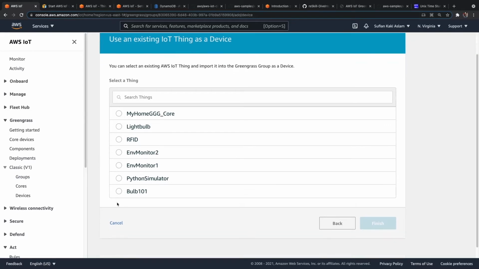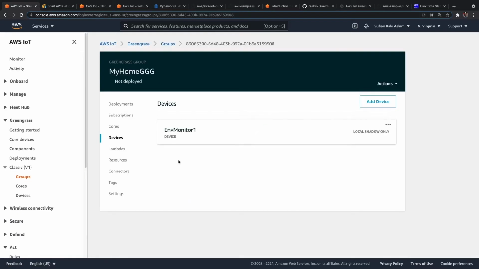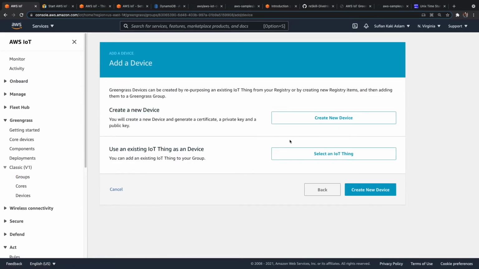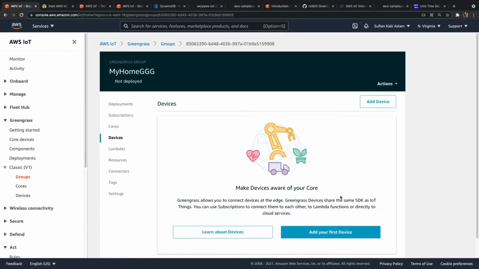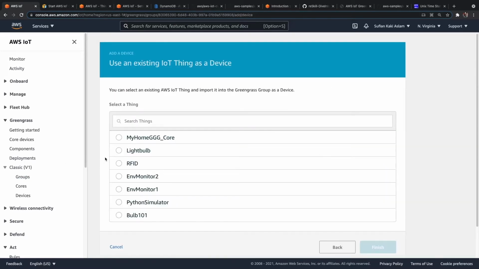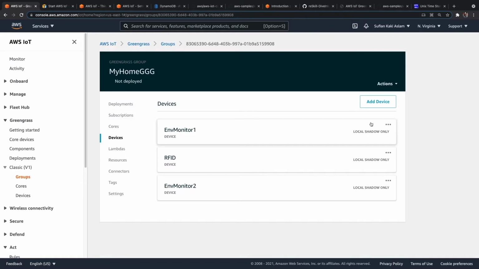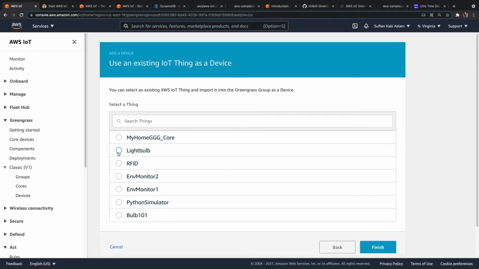I want to add env monitor 1. Similarly, I also want to add the existing thing, env monitor 2, and also add the RFID module and also add the light bulb.